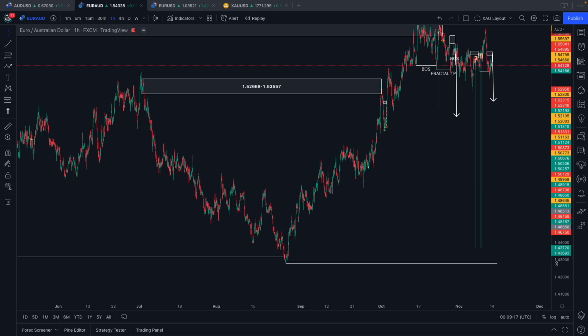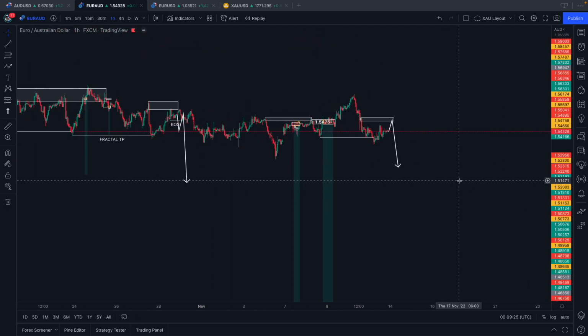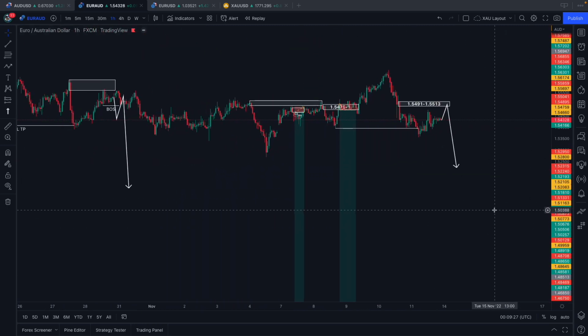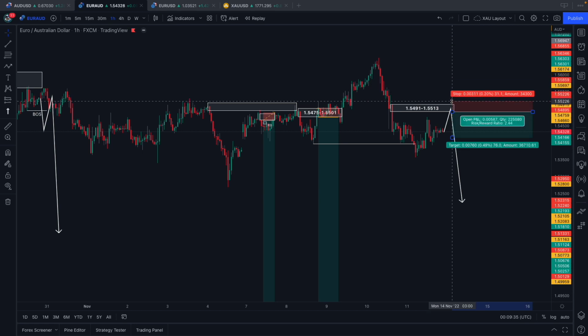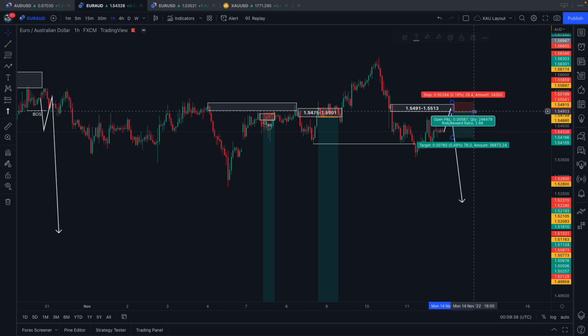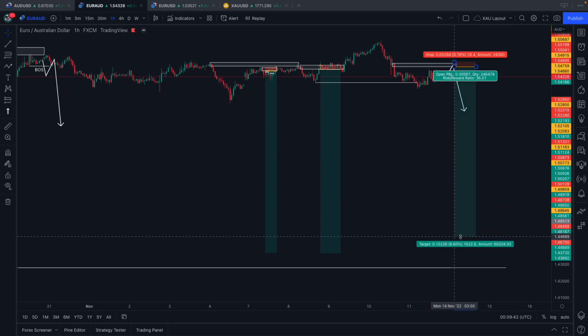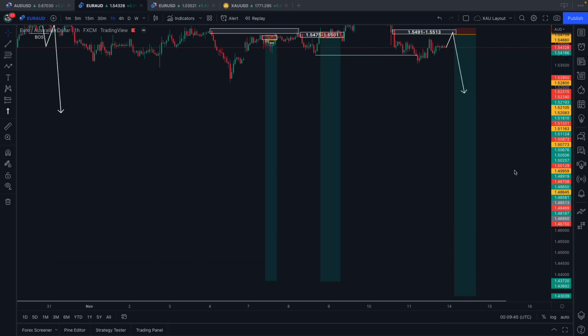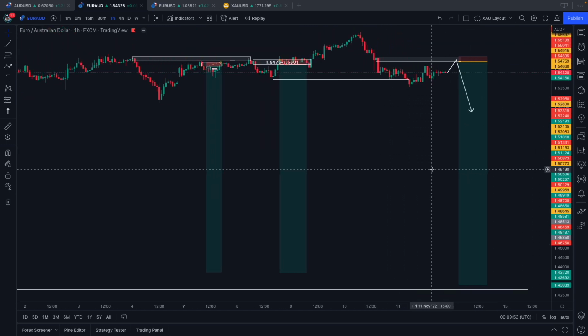So if you look on the right hand side here, if I just highlight this, you can see this is the area I want price to trade us down to. I've managed to find a lovely refined entry, so this will offer us amazing risk to reward ratios on this trade. Again, just as an example, we'd have our stop loss just above the structural high that is created. Take profit all the way down at the higher time frame swing low. As you can see, this is offering us a 1 to 41 risk to reward ratio. So if this trade plays out, this could offer us nearly 100% returns.